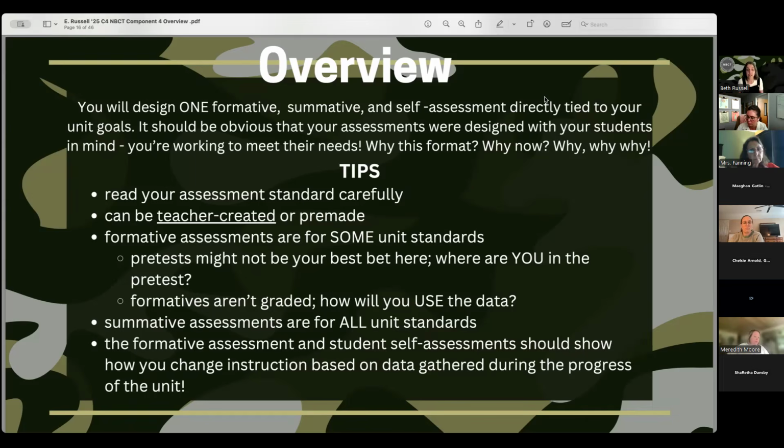Okay. Secondly, your assessments can be teacher made or they could be pre-made. Here's my advice. Why would you use a pre-made copyrighted assessment that you can only describe? Because then you can't share pictures of it. It's not your assessment, right? You use that because it's part of your curriculum or whatever else. Create your own assessment. Even if it's based on a different assessment, create it so that you can share pictures